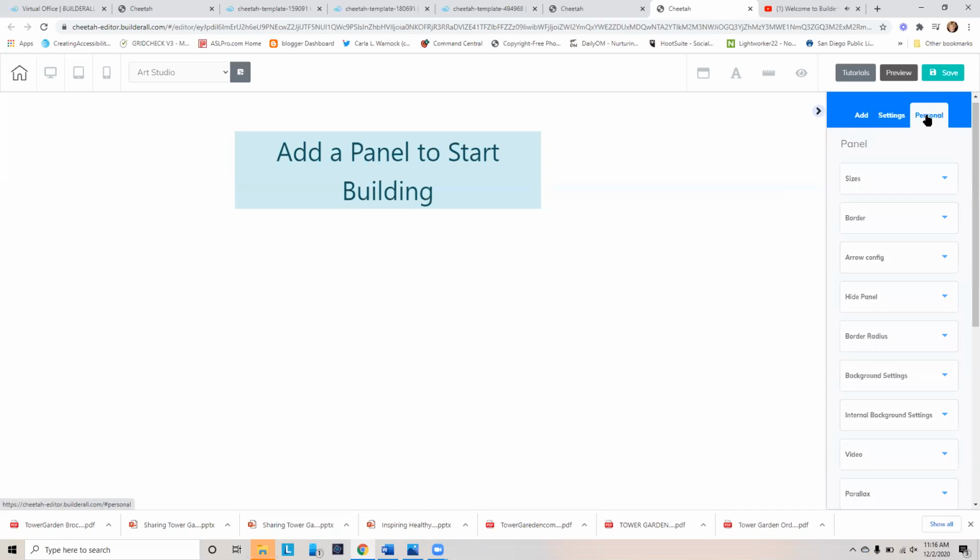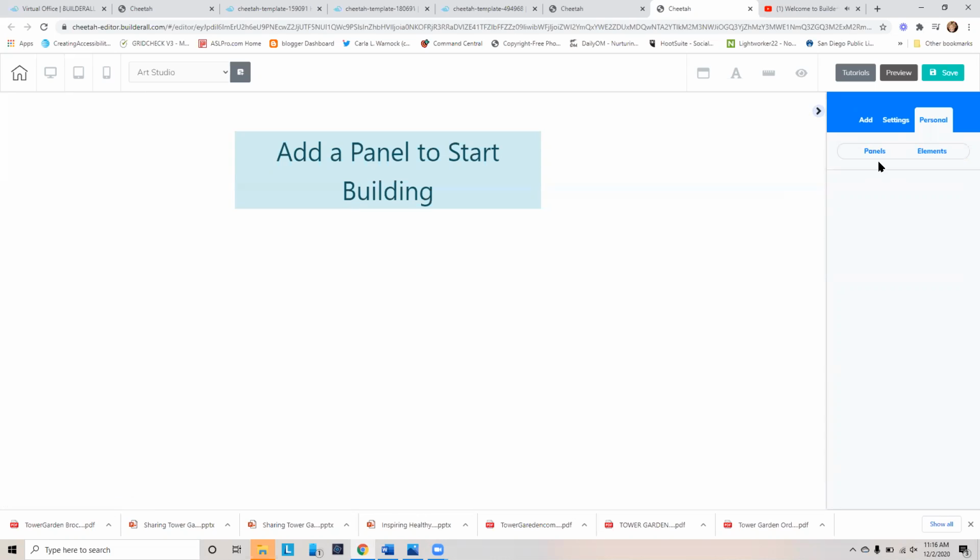And the personal elements and panels are things that you save from items that you've built on one of your pages and you're like, wow, I really like that and I want to use that across the board for brand consistency or for brand recognition or so forth. You can save an element or a panel and use it in any of your websites that you want to use. And I say websites, not web pages, because everything that is in your personals panel will be available no matter which site you're on, and